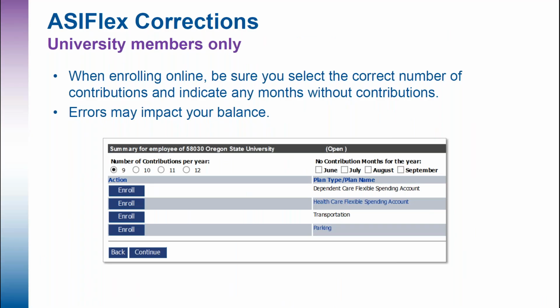University members, so this is where it's talking about those number of paychecks. So when you went in and did open enrollment, you had to mark, am I 9 months, 10 months, 11 months, 12 months, no contribution months. Believe it or not, when we have 60,000 people going through open enrollment, some of you get this wrong. And so Anai and Rhonda really work with your payroll, and this is where we adjust the number of months by making sure that it matches up with the payroll at your employment.